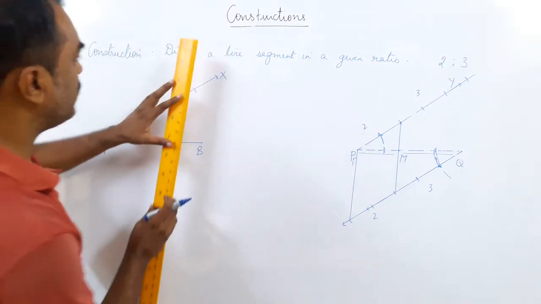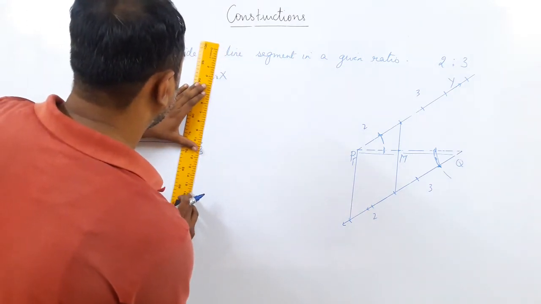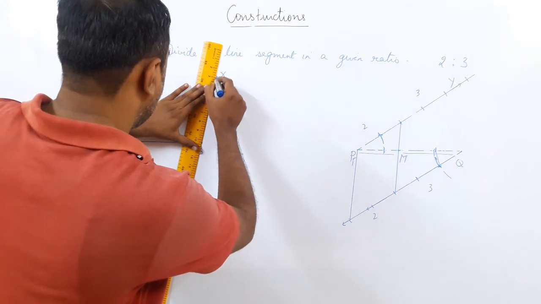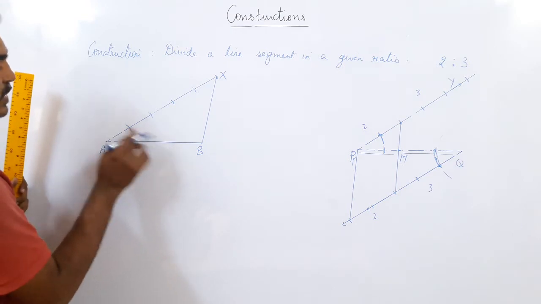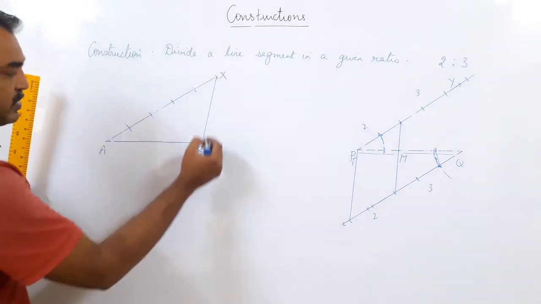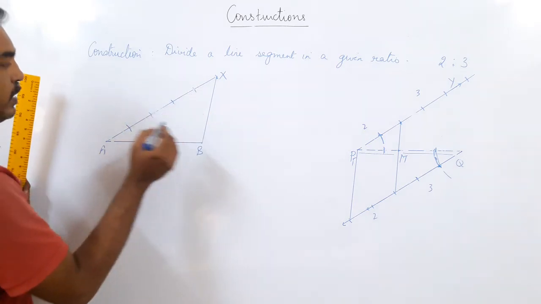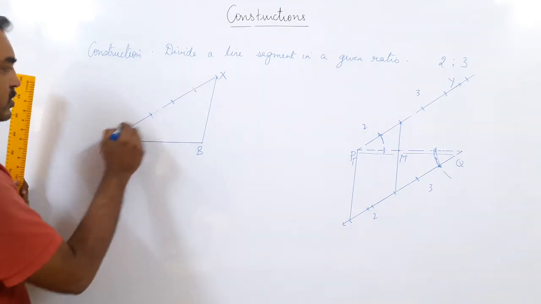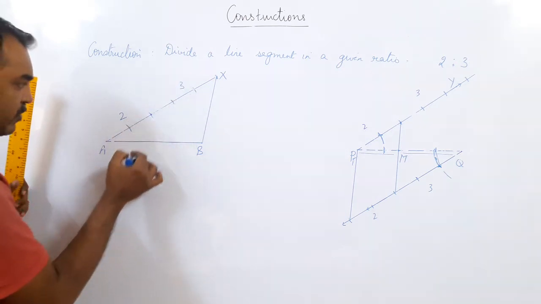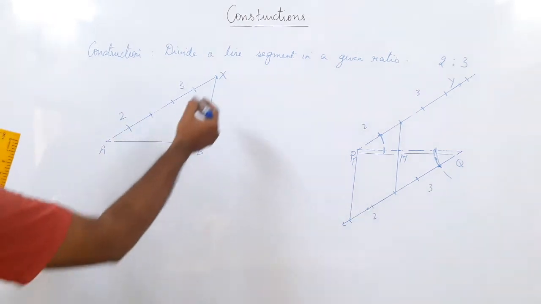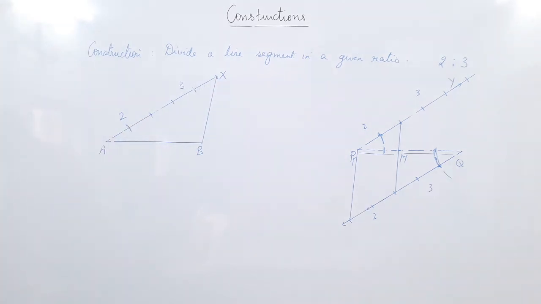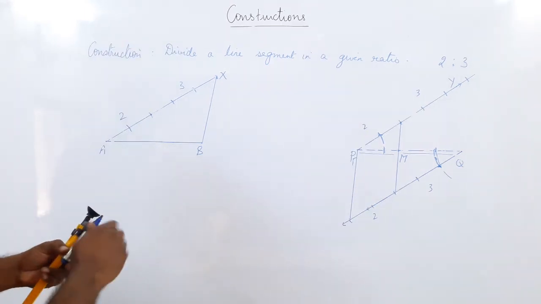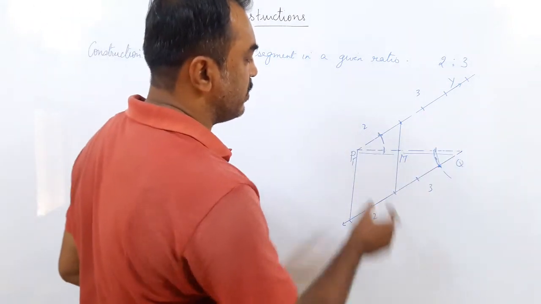Here you can see there are 5 points. So point B is the 5th point. So for AB, I don't know what the measure is, I drew a line, I put 5 cuts, so this is the 5th cut. So you see it is corresponding now. But I want this point because this divides in the ratio 2:3. So when will this point come here? For this point, I have to draw a line parallel to this line passing through this point. So that is why the method is very important. What I intend to do, now understand, here I first drew the parallel lines. You can see this method.